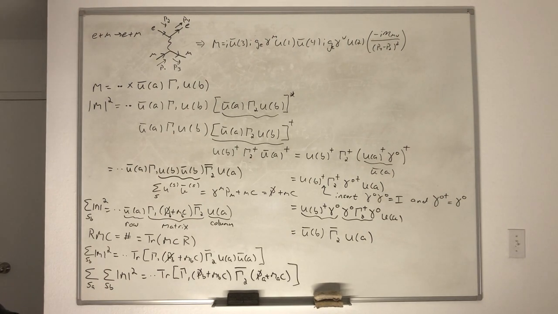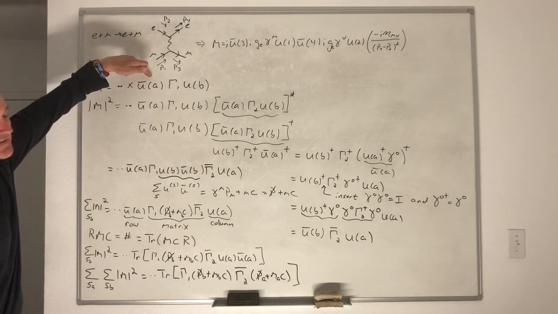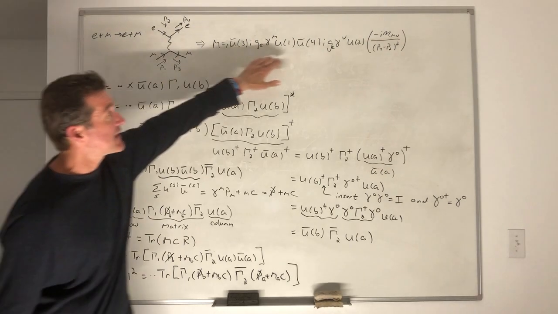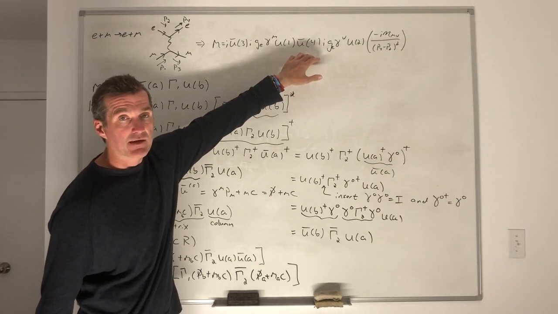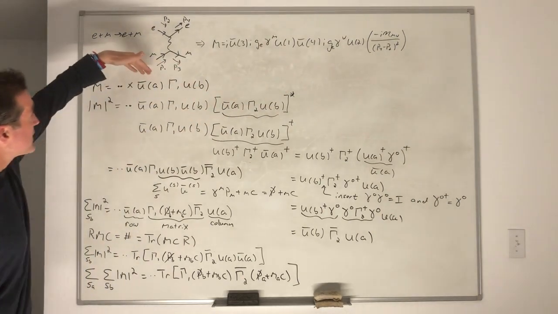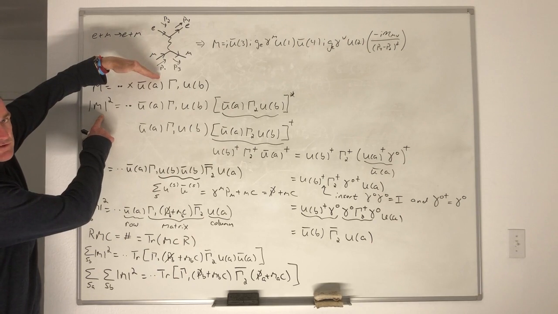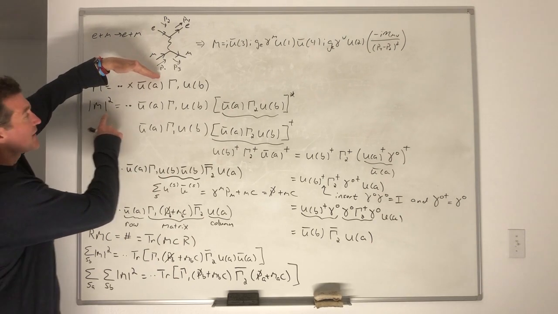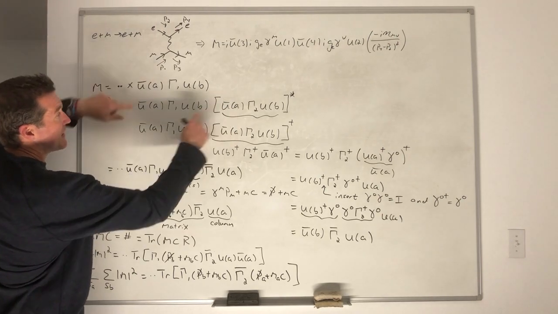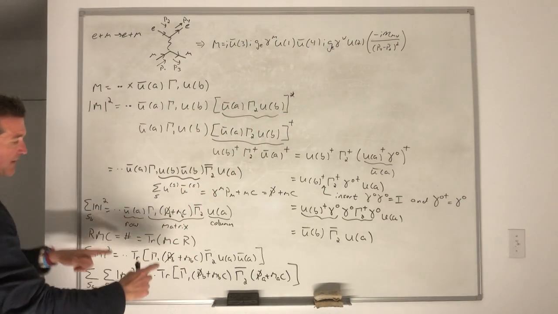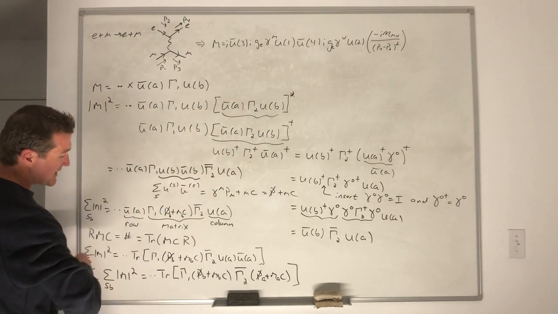All right, so the bottom line is, whenever your matrix contains a spinor sandwich, remember this is just one spinor sandwich here. There's two of them in this amplitude. But for each spinor sandwich, when you think about the contribution that it gives to the square, or the magnitude squared of the matrix element, you get this thing. But you can take this and you can immediately replace it with this thing right here,